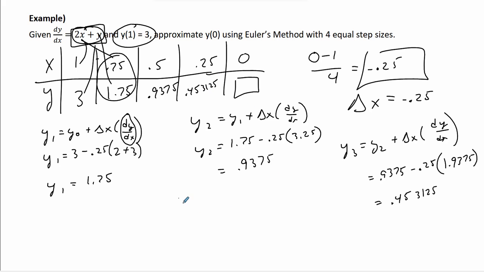And now let's find our last value there, which is the value that I actually want, which is y sub 4, which is equal to y sub 3 plus delta x times dy dx. Now you're seeing I'm doing all of this for each of them. You don't have to. Once you get the practice and making sure you know what you're actually plugging in, you're okay to kind of skip some of these steps. That's okay. All right, I'm not going to hold it against you. 0.453125 plus, actually it's minus, let's change this to a minus, 0.25 times dy dx in this case is going to be